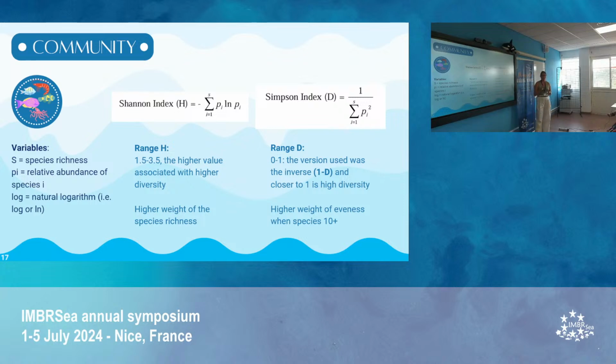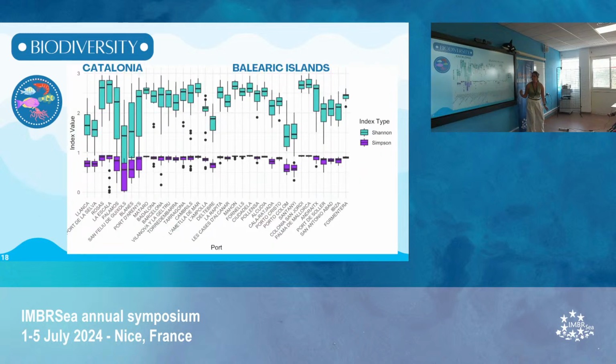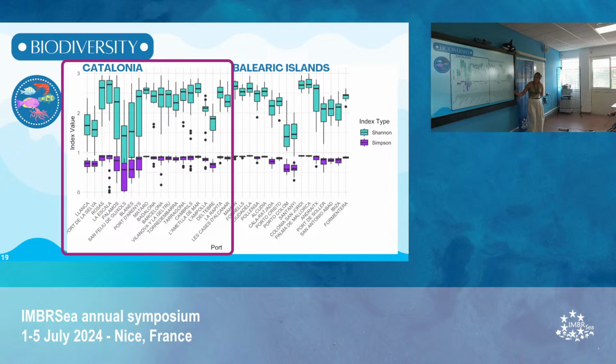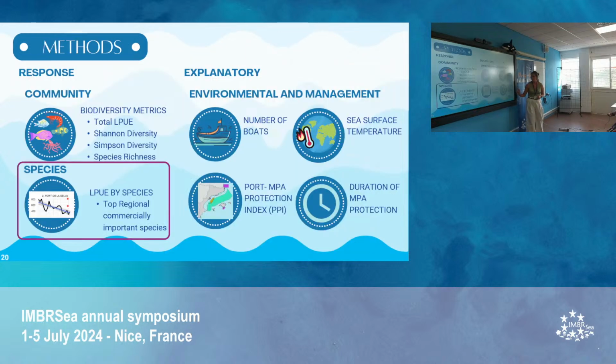And this was just to explain the species richness, or observed species, and my two biodiversity indicators, the Shannon Index and Simpson Index, which combine species richness and evenness. We can see the results for Shannon in green and Simpson in purple, which gave us in Catalonia a slightly higher variation in biodiversity over our time period, which was slightly different from my hypothesis.